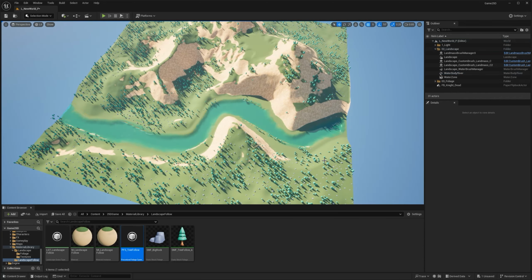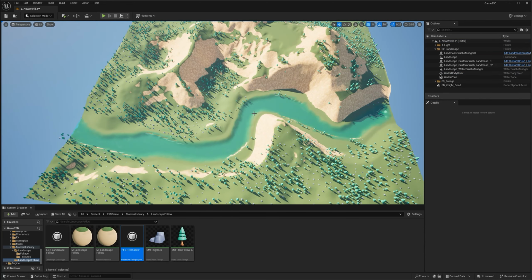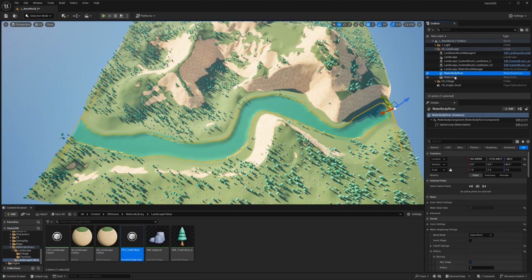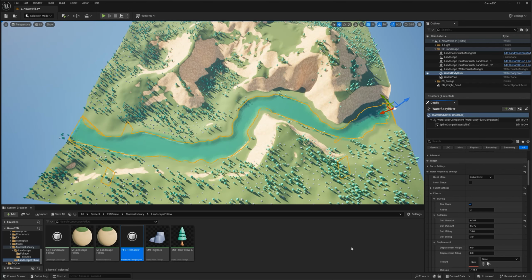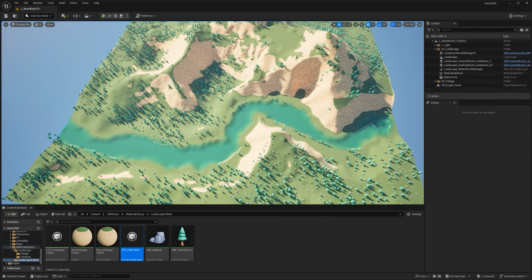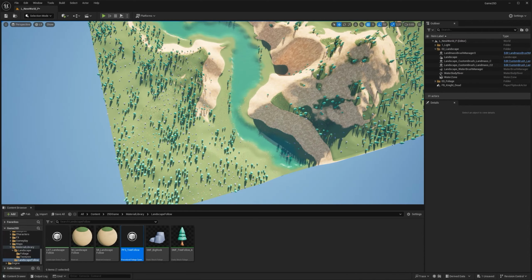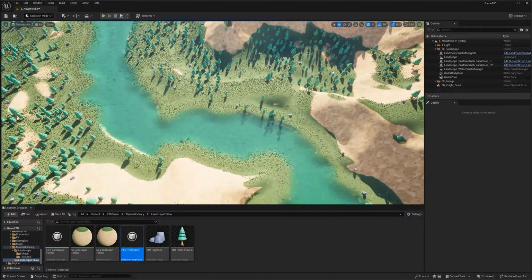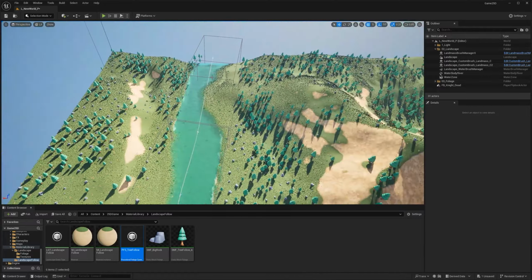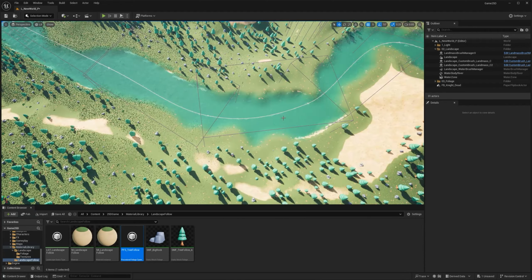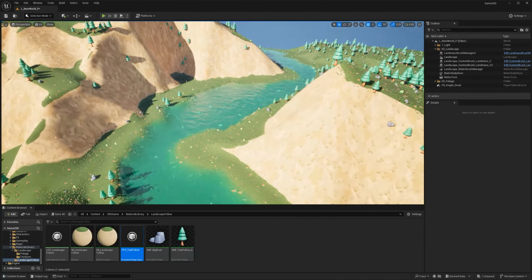And just like that, you can see that my river now has a different design. And I can continue to push this further. Be mindful that if you do a lot of changes, it might break some of it. But if you play with just enough of the low values, you can actually get the river to have a way more organic shape to it, which I quite love. It looks interesting now. And it's still deforming inside my parameters, so the trees are not being born inside of it, which is pretty cool.